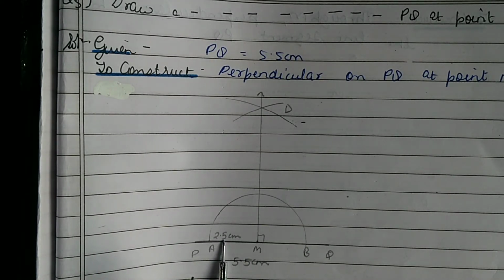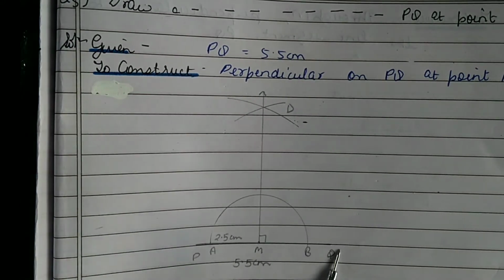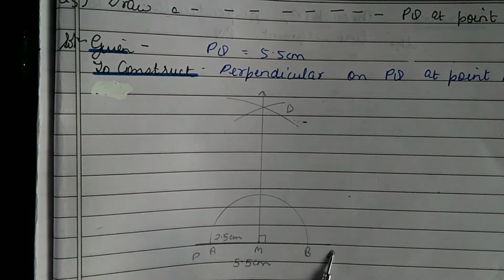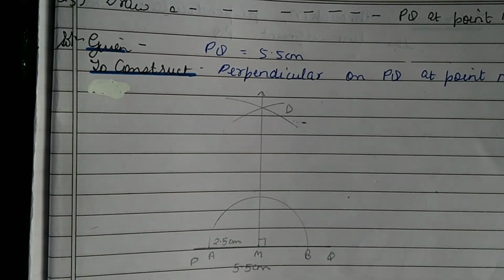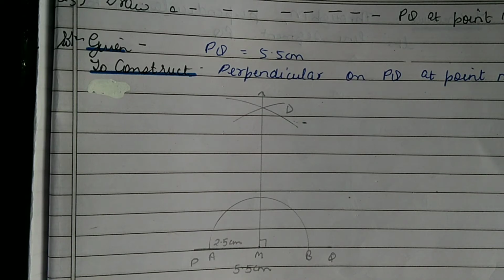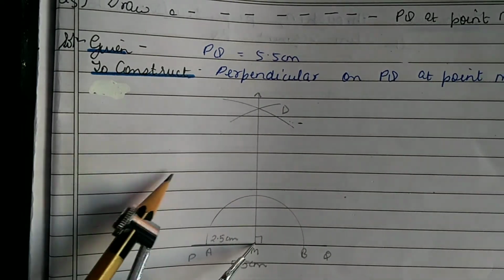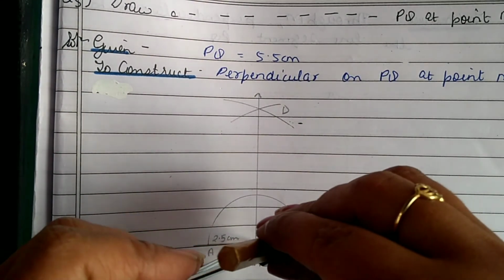Now we have to draw perpendicular on this line at this point. ये केस कैसा है? To draw perpendicular at a point on a given line. एक लाइन सेगमेंट गिवन है, उस पे एक पॉइंट गिवन होगा, उस पॉइंट पर आपको परपेंडिकुलर बनाना है जो कि PQ लाइन सेगमेंट से परपेंडिकुलर. For this we will first, we know this is point M. We will take any radius, it's up to you.